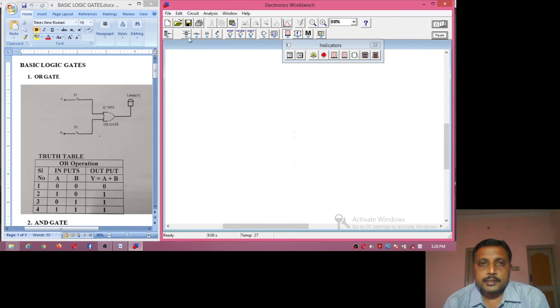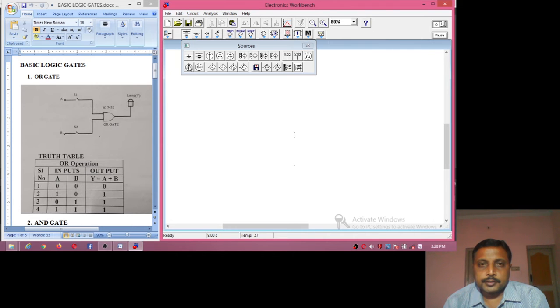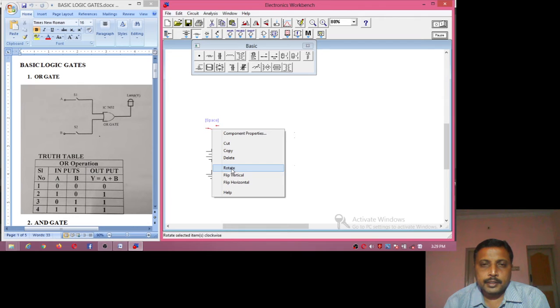So let me start constructing the OR gate using these features. So I am taking a ground, I am taking a battery, I am taking a switch now. So let us rotate this, right click and say rotate.